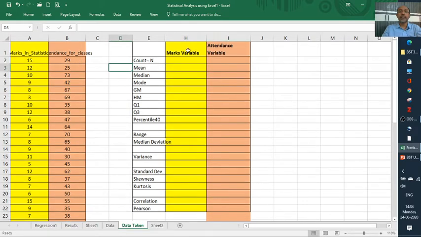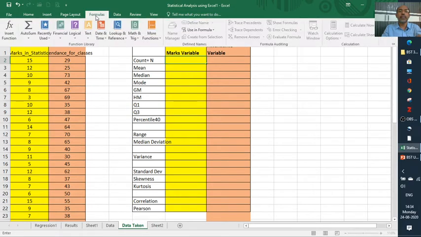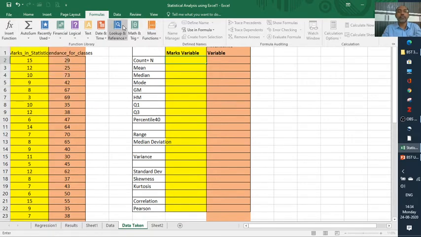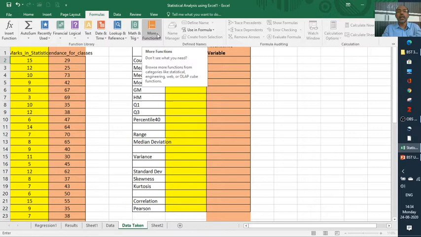So we'll use the command COUNT itself. Let us see the functions. Functions are this one: insert a function, fx. We have different functions here, starting with financial, logical, text, date and time, lookup and reference, math and trig, and more functions.